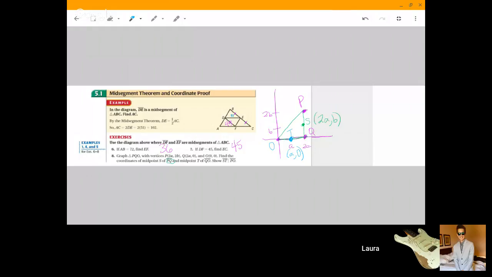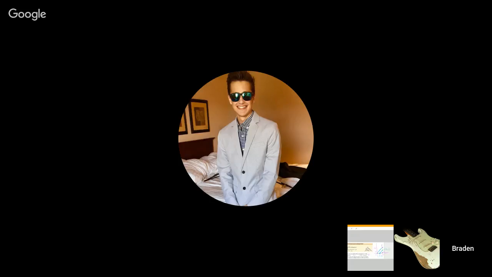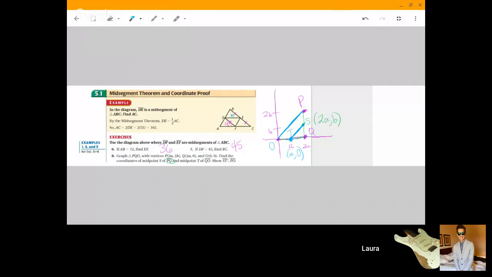And then the very last part there, show that ST is parallel to PO. So we have points S and T now. Here's PO. How can we show that they're parallel? What says that things are parallel? Well, the O and P and TS are parallel because they really look parallel. But remember way back when you had coordinates and the question would say, like, are these lines parallel,